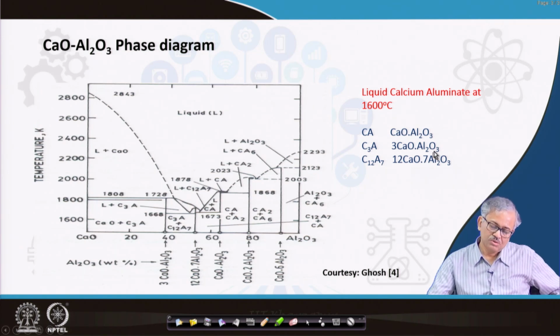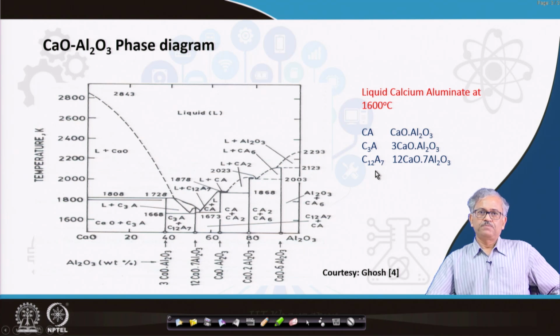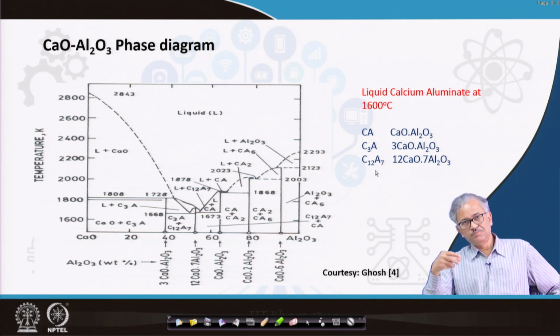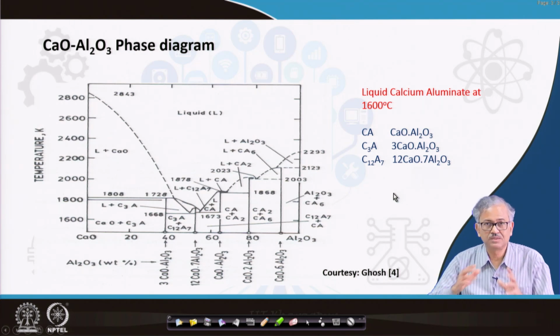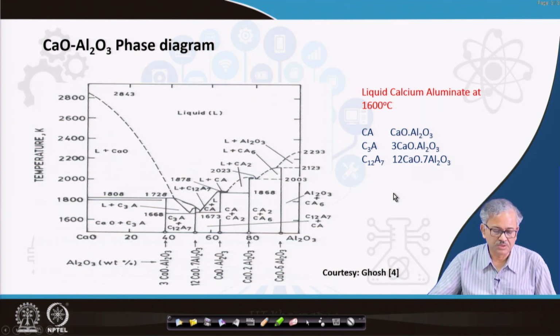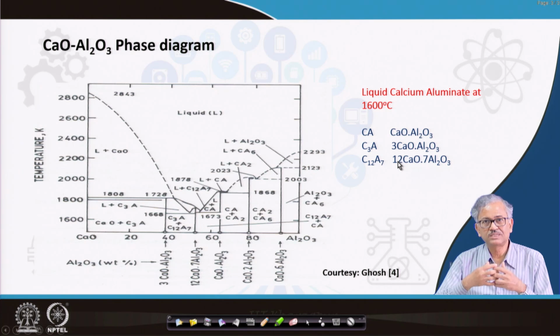So, these are the inclusions that will be soft and deformable, and this is the type of inclusion we intend. Your calcium to aluminum ratio has to be maintained in such a way that you can form this type of calcium aluminate, which is liquid at steel making temperature, such that they become very deformable and soft inclusions. And also, if you can produce the liquid calcium aluminate, then you can reduce nozzle